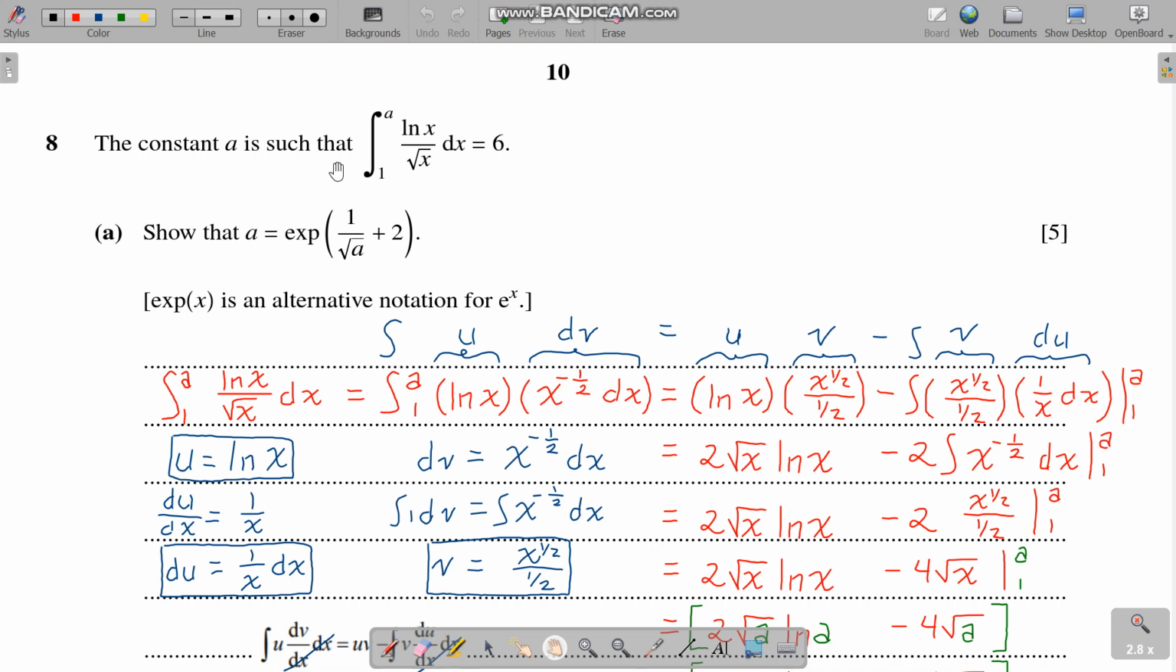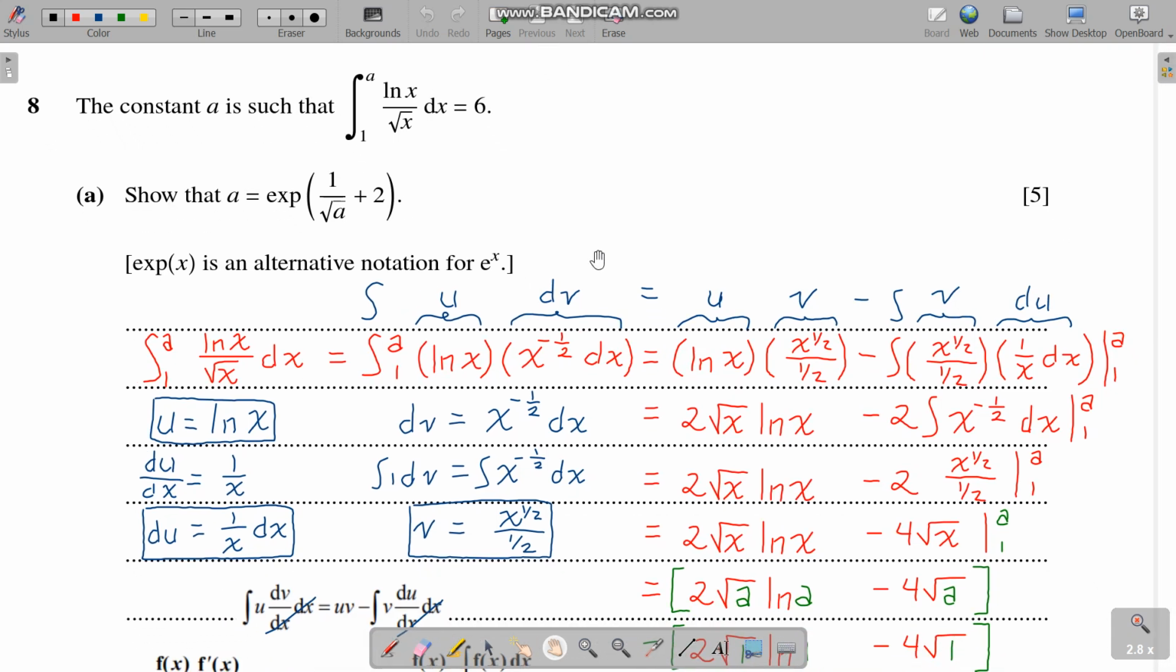The constant a is such that the integral from 1 to a of ln x over root x dx equals 6. Show that a equals e to the power of 1 over root a plus 2. Okay, so first of all,